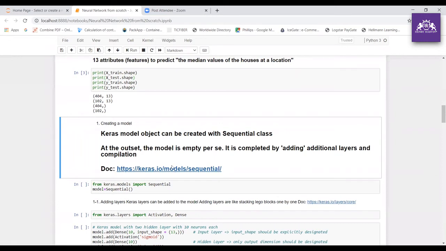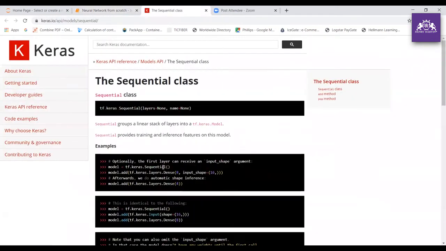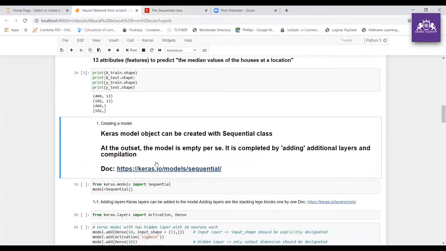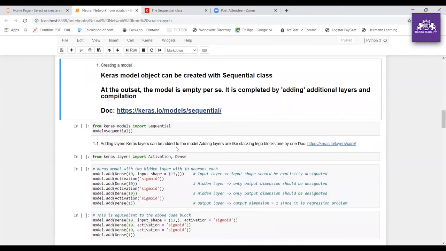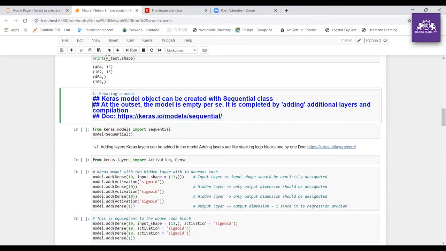It is completed by adding additional layers and compilation. If you click this link, you can see about the Sequential class. I have added this for your reference, so you can have a look at it if you get time. Fine. That is clear to you, right?